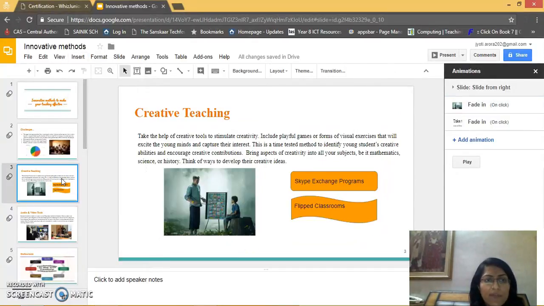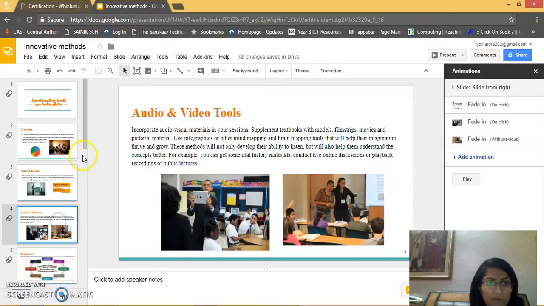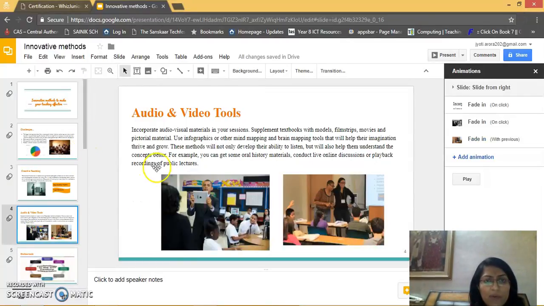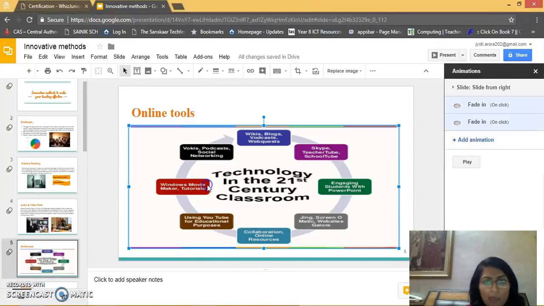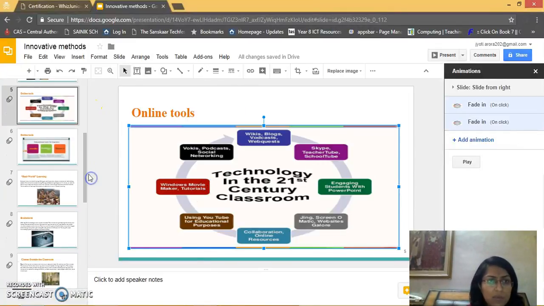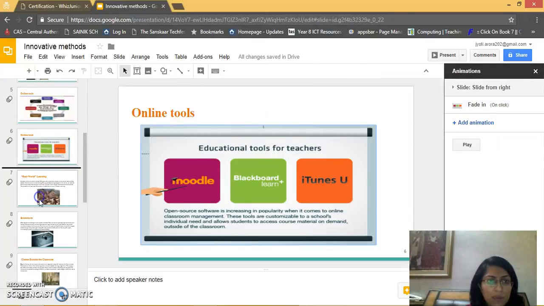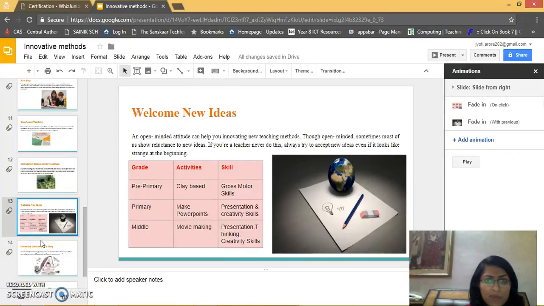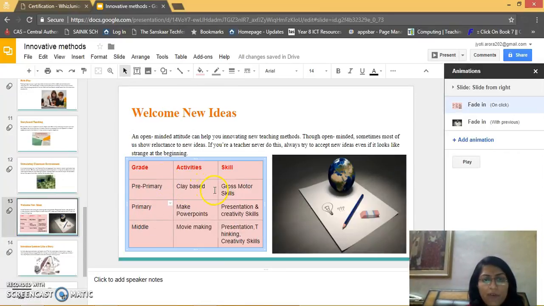Then we have creative thinking we have done, and audio visual tools. Definitely we have discussed this one also, but how the pictures are coming, that I told you. In the same way, from the web I have taken it. Then here also I have inserted the image. Then I have created a table also, if you see it here, for the different grades,